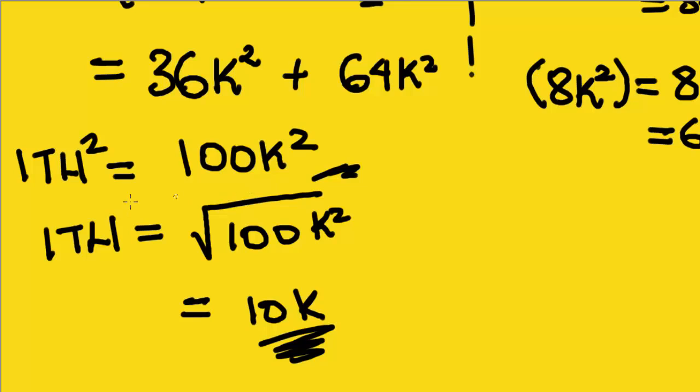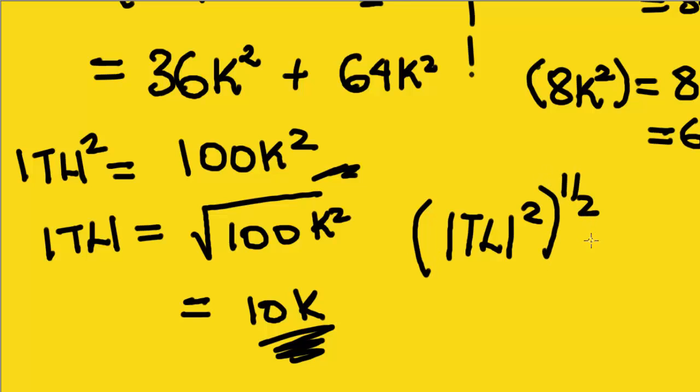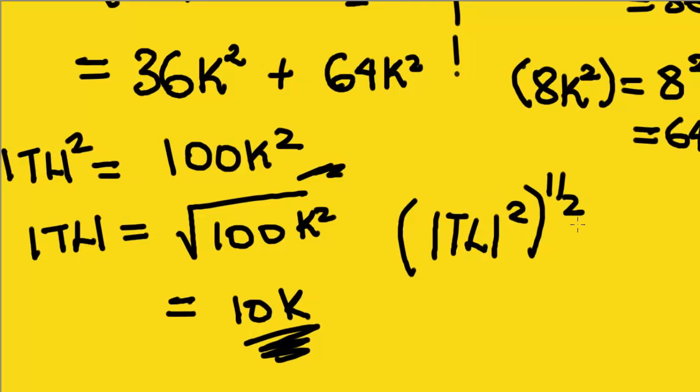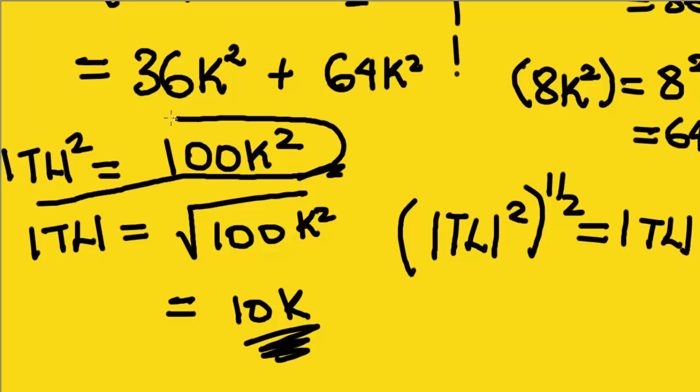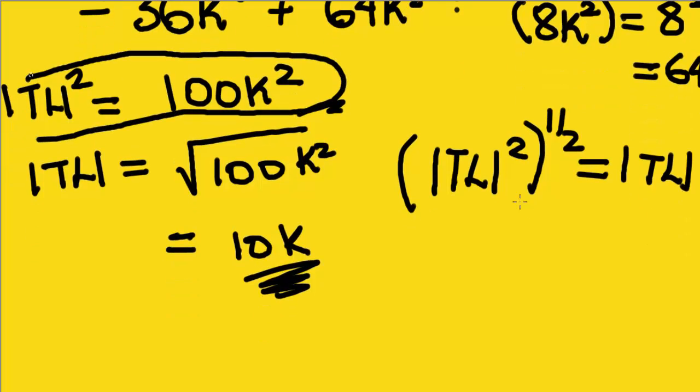So it's just a case of saying, well, I'm looking for TL. I'm not interested in TL squared. So what can I do to TL? Well, it's TL squared. What if I raise it to the power of half? Raise it to the power of half, I get TL. And that's the left hand side of this equation here. What about the right hand side? I must do the same thing I do to the left hand side to the right hand side. So doing the same to 100k squared gives